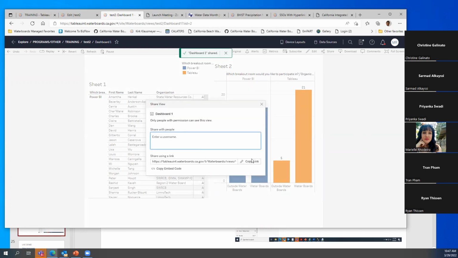You can also just copy the link and send the link in an email any way you want. If you want to publish this internally, you can also copy the embed code, and then you can use that embed code to embed that visualization in any intranet site of the water boards.